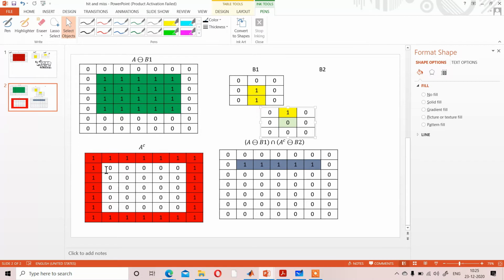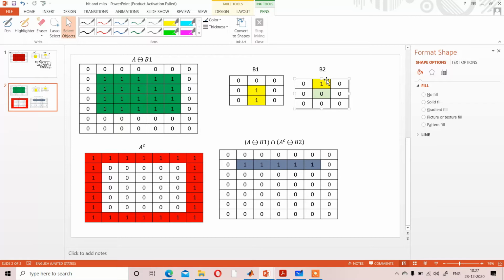So all will be 1. For the second row all the zeros and 1 will be 1. Clear? So in that way you will get the A complement erosion B2, and considering that image you will match this with the A erosion B1 by considering the intersection.